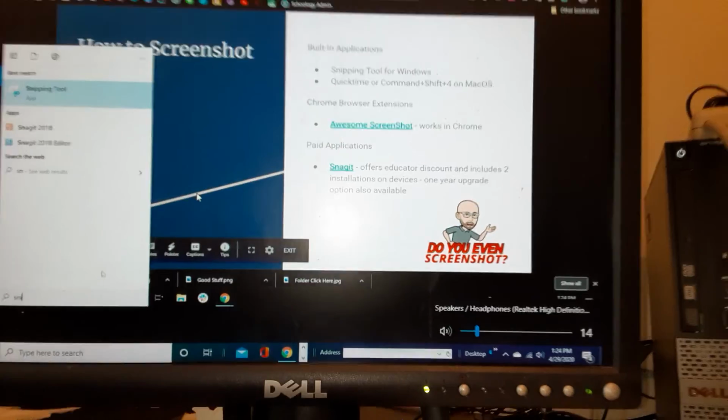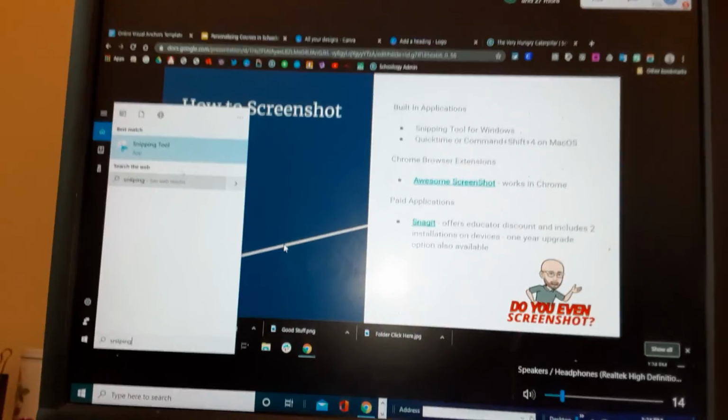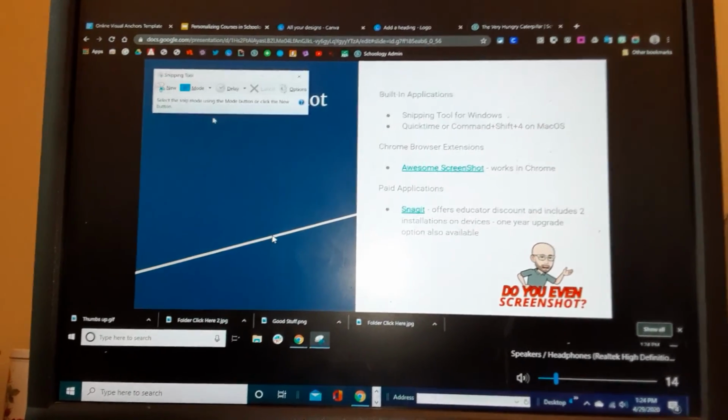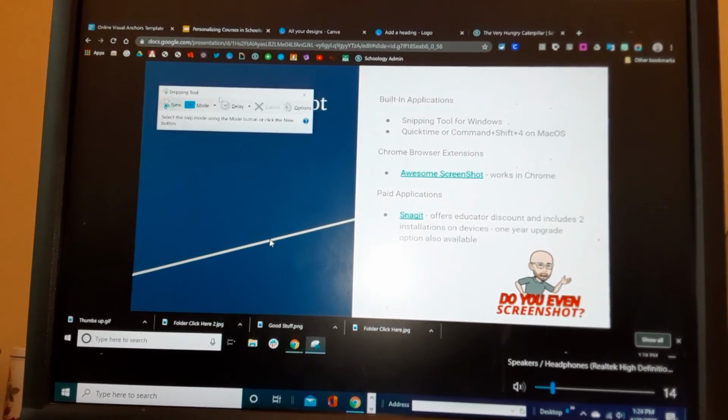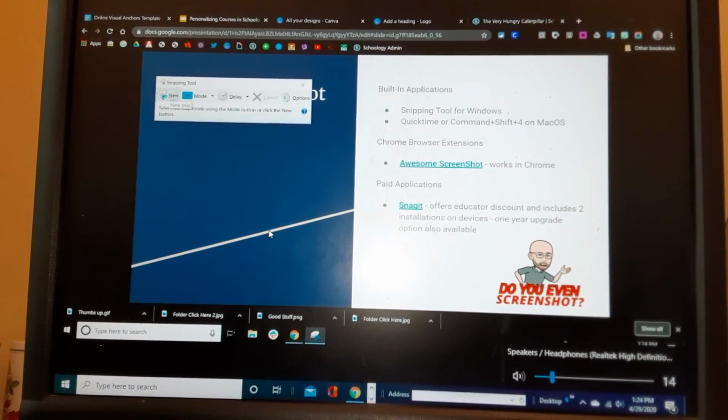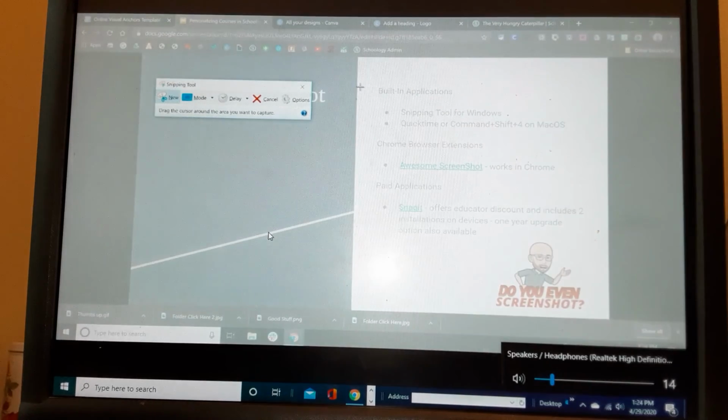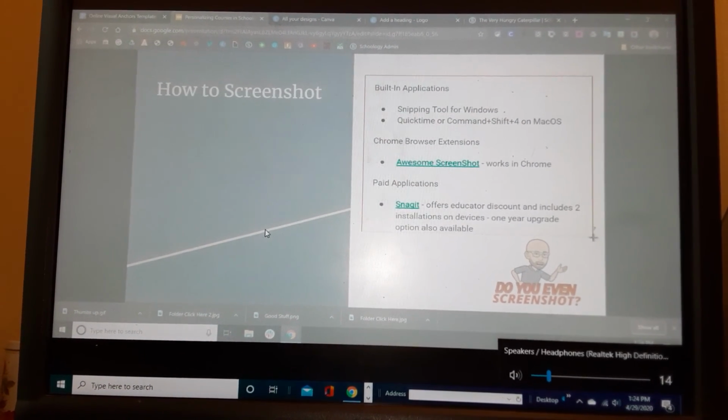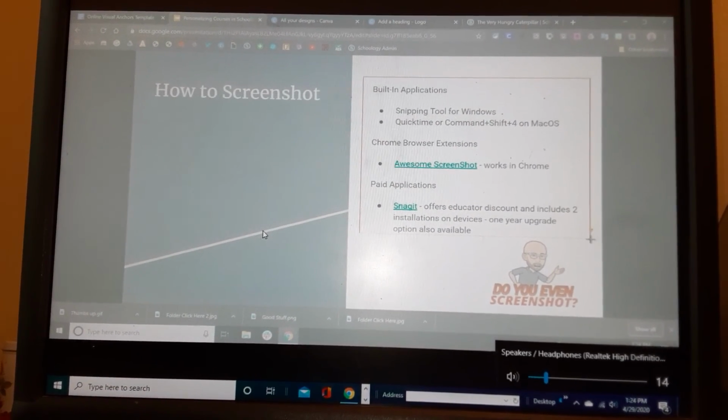Let me click right here and type snipping since I'm on a Windows device. It's going to bring up snipping tool. It's a very simple interface. All I need to do is click on new to take a screenshot, and then it's just drag and drop. So if I just want this area of a slide as an image,